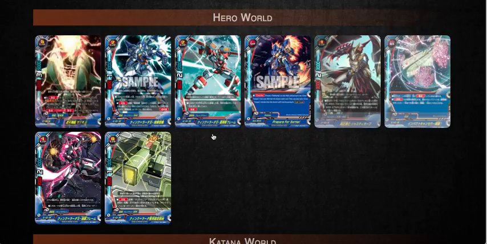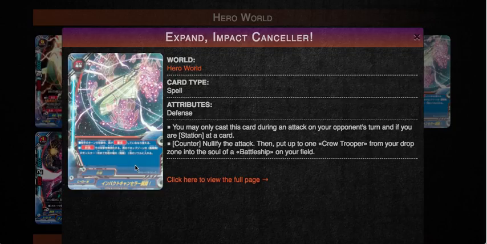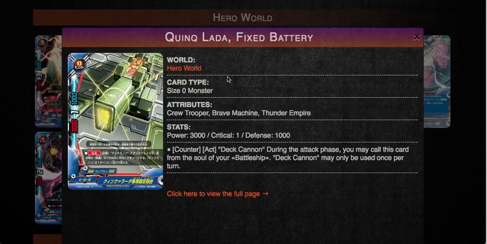Okay, we have 2 cards left. Let's just talk about them. The first one is Queen Clada Fixed Battery. It's a Hero World 3/1/1 with a skill of Counteract Deck Cannon. During the attack phase, you may call this card from the soul of your battleship, and Deck Cannon may only be used once per turn. And you see